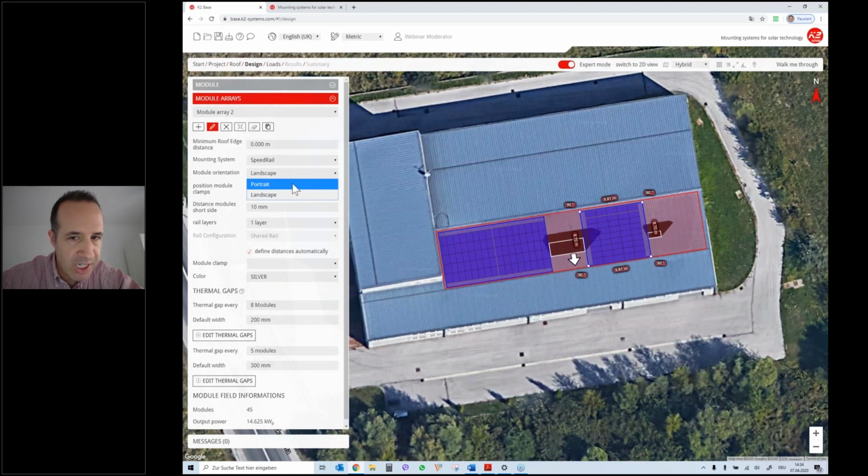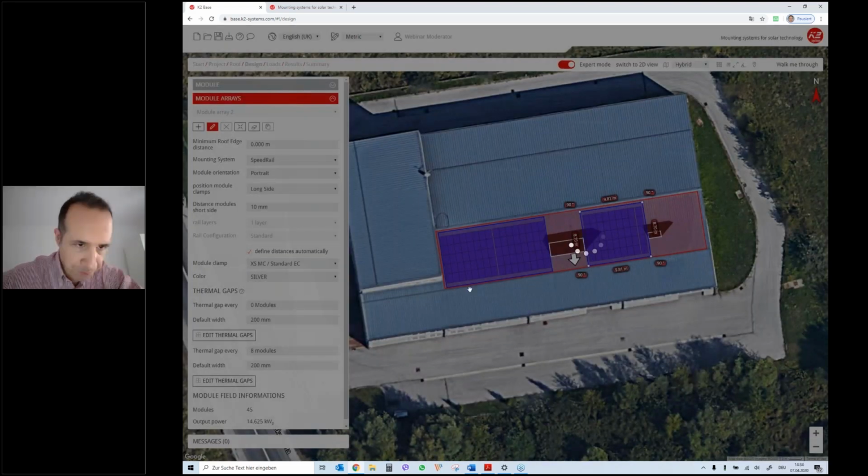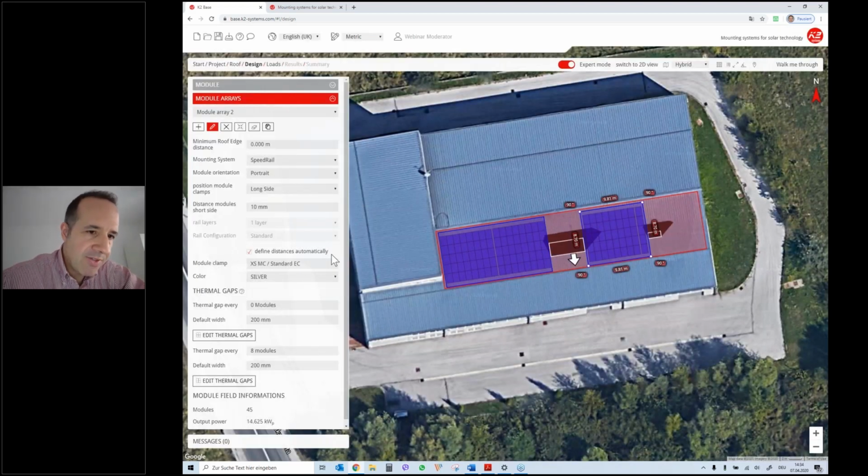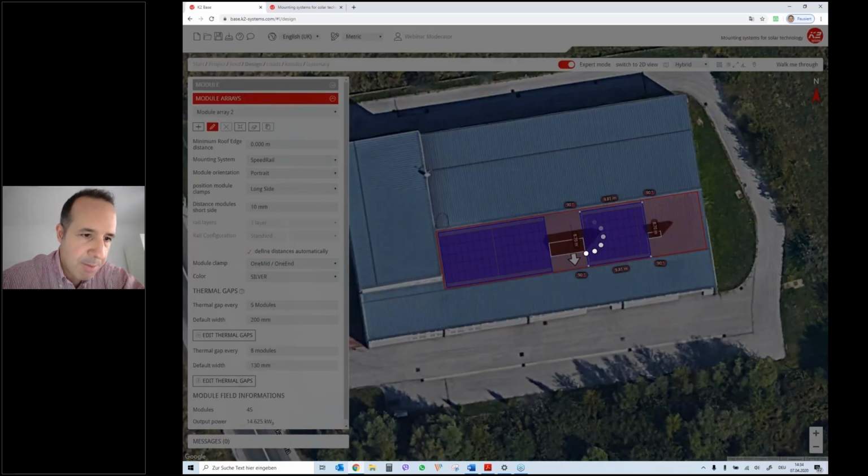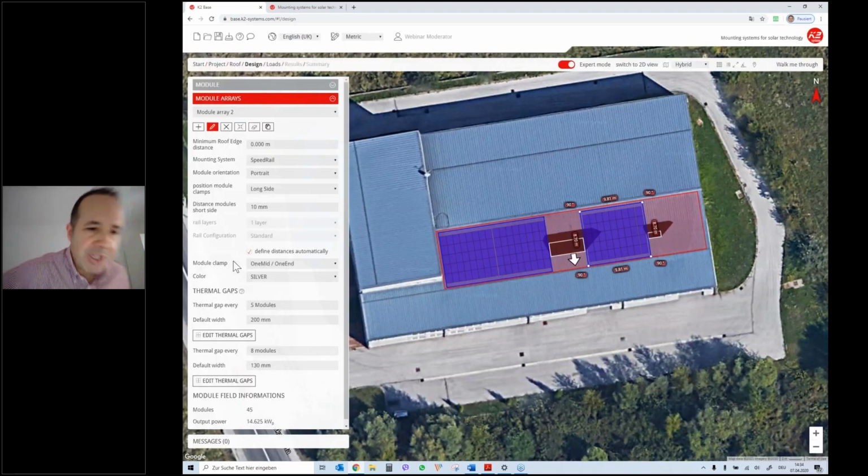As I mentioned, it's easier and faster to install. Then you have the drop-down menu. Here you have several options like module clamps. You can choose our first generation clamps, or let's say our universal one mid, one end option. So I would just stick to our universal clamps. Another issue that's very important in the world of mounting systems